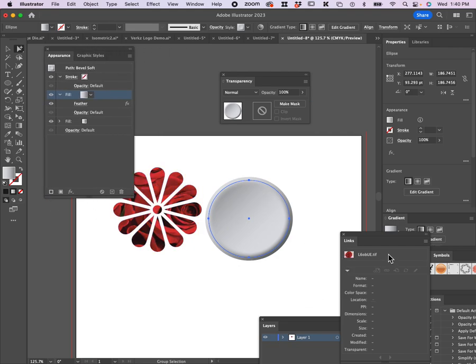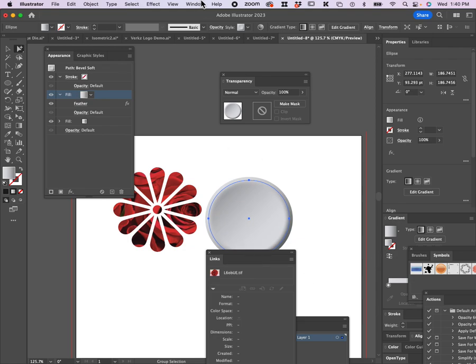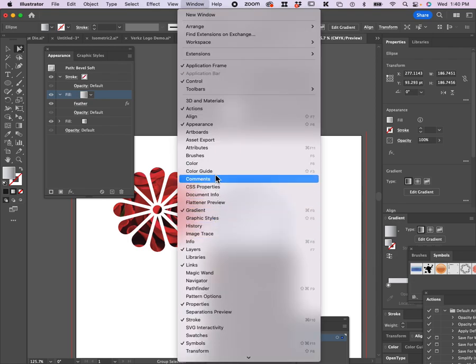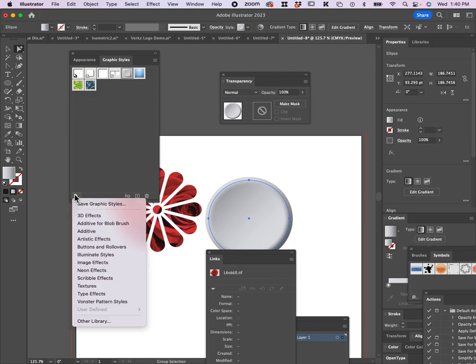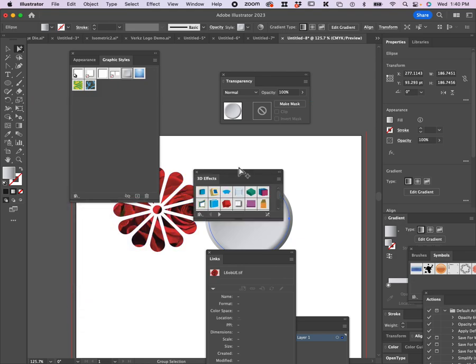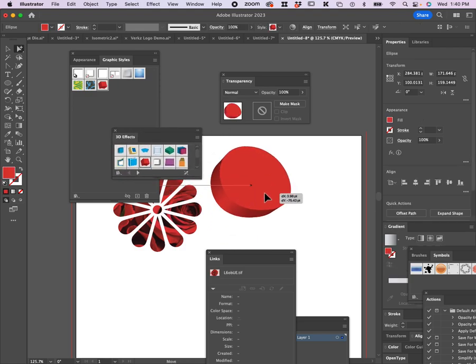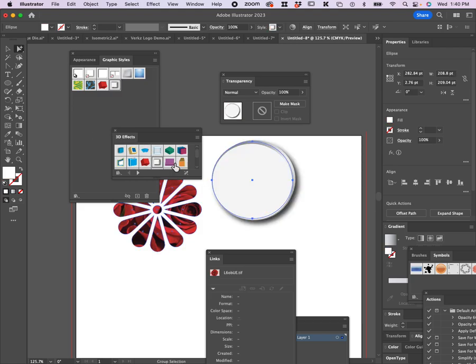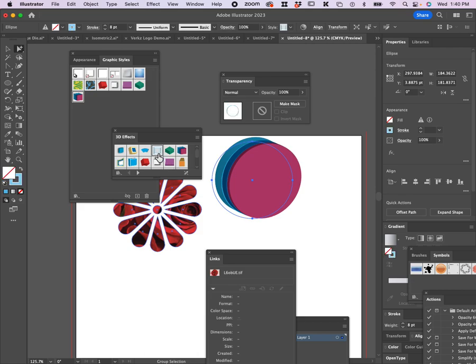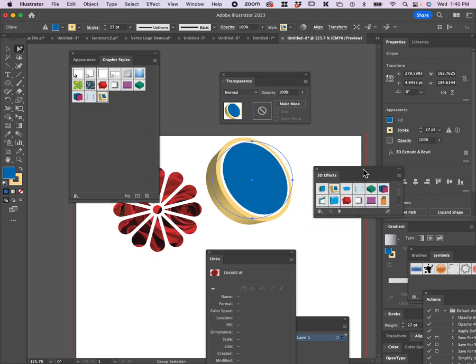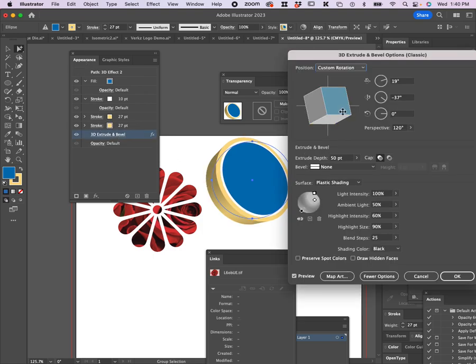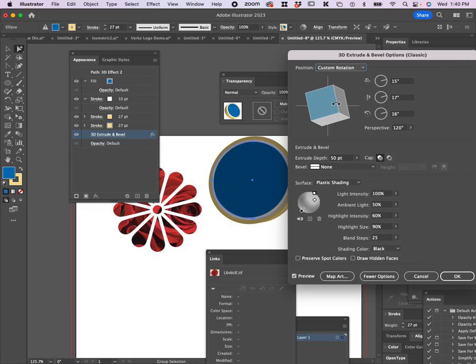There are also libraries of those graphic styles that you can load. So I lost my palette there. So under these graphic styles, if I go to these libraries, you can see that there are 3D effects that you can load. So if I was to choose this shape and apply this one now, I would end up with that. Or I choose this, or this, or this, or this. And these are effects, of course, that you could still continue to edit by going back into the appearance panel and looking at those settings. Here I could double click on the bevel emboss, the 3D bevel, and I could rotate it to a different angle